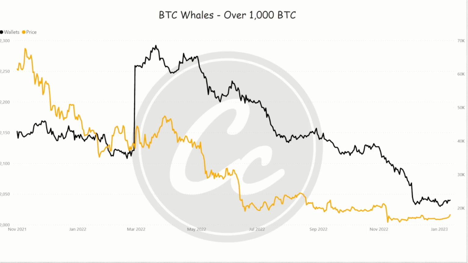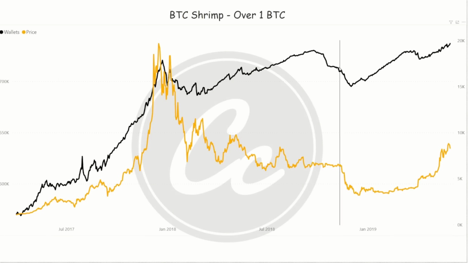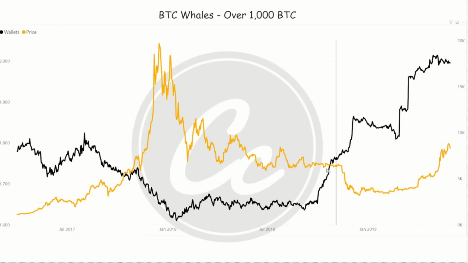We might be looking for a move to the upside with these accumulations of whales at some point in the future, but I don't think that's going to happen until the retail investors are getting shaken out of the space. Essentially, there's going to be a buyer and a seller, and I'm expecting the retailers to sell their Bitcoin to the whales as they had done in previous years. If we take a look at what happened in 2018, we can see that the retail investors were selling during this flat period right here, and this flat period is exactly where the whales were buying. Okay, so there's always a seller and there's always a buyer.